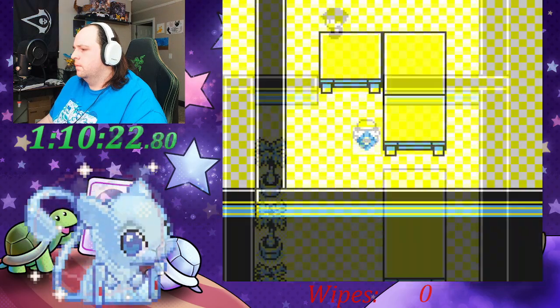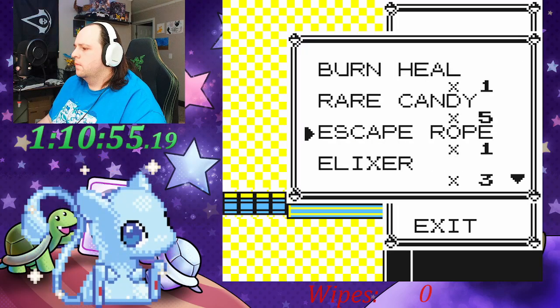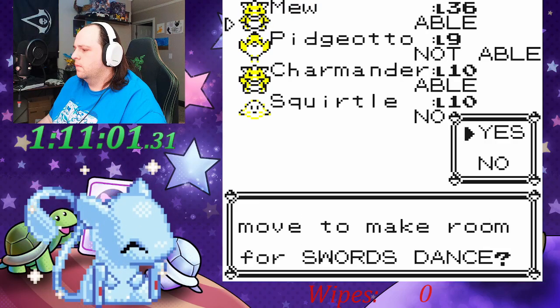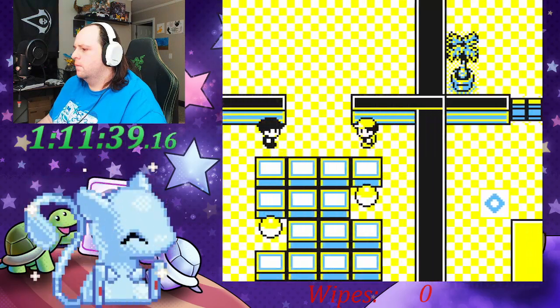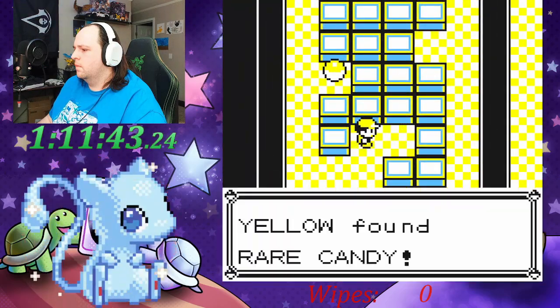Now, this is where this run is going to get a little bit more interesting, where we just picked up Sword Stance. With Sword Stance acquired, we are going to automatically teach it to Mew over Bubble Beam. We really do not have much use for Bubble Beam anymore, and it's a very low PP move. With that being said, we're going to pop up here and grab the rest of the stuff really quickly, which is the Carbos, and then we are going to grab the rare candy,